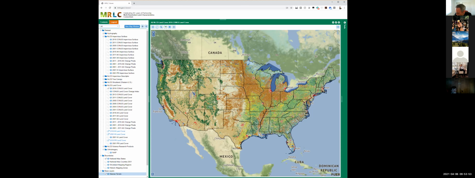So this viewer lets us not only see land cover, but also change over time, which is really critical because they have data sets that go back to 2001. And they also have things like tree cover and impervious surfaces. So you can get tree cover maps of the United States or of a portion of the United States, the level of imperviousness of the surface for a study area. So it gives you a lot of really useful information that you can use in your analyses.